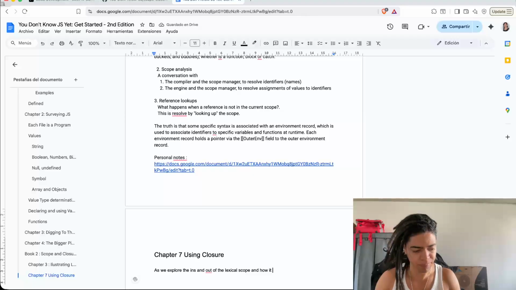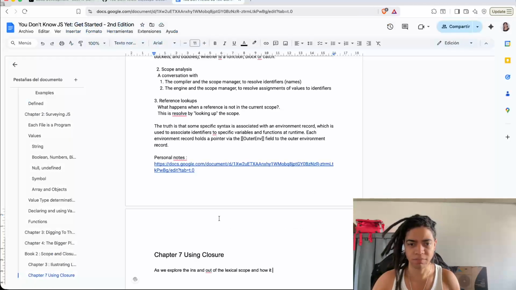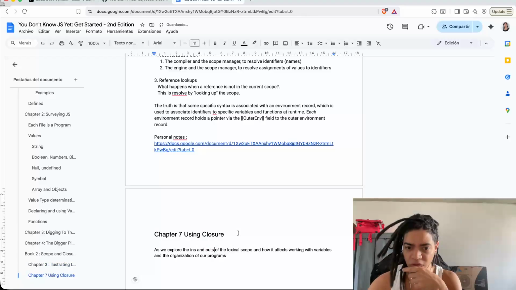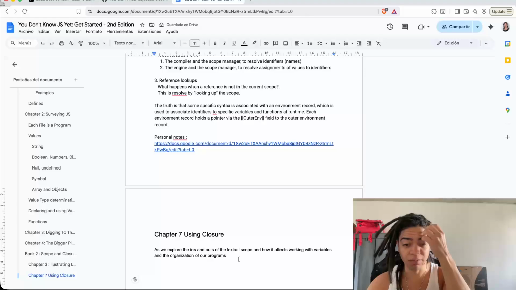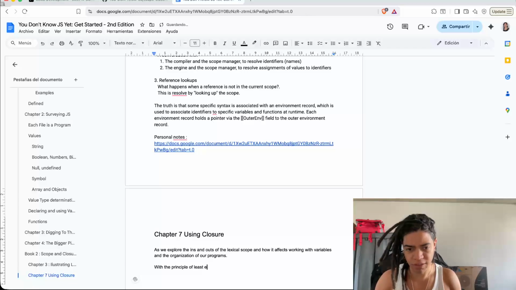And how it affects working with variables and the organization of our programs, with the principle of least exposure,